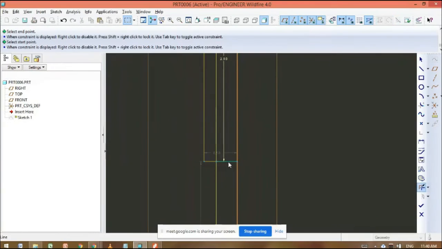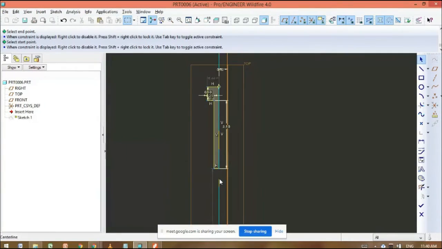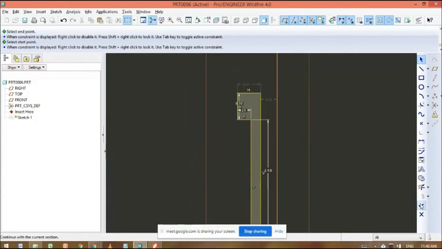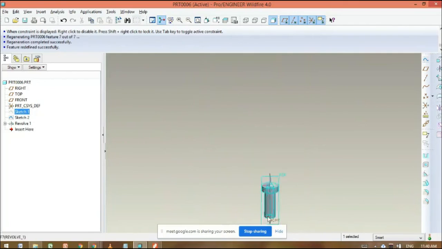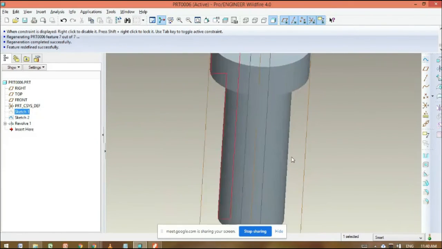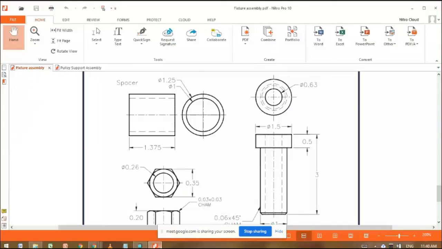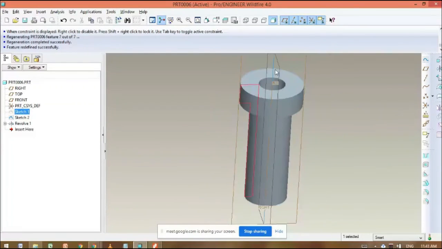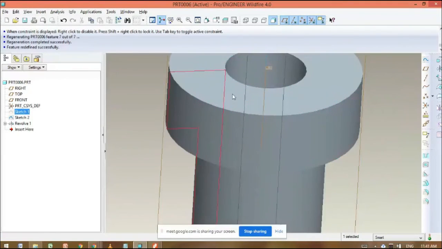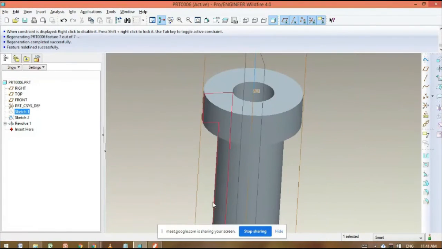Delete this unwanted line. Then see, delete this center line. We don't want this center line. So click on done. What happened here? See, at the center, we can find the hole. Why? Because I changed the sketch. And here in the PDF, you can see there is a hole with the dotted line. This is the hole we can find here. So I complete this sketch, then revolve along this center line or the axis. So this is the use of your revolve command.